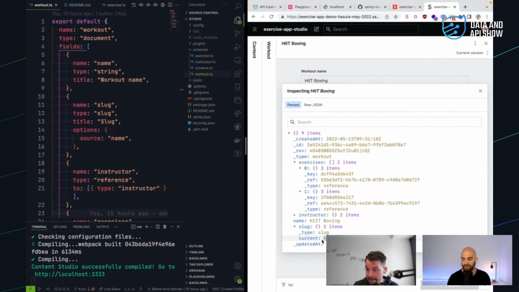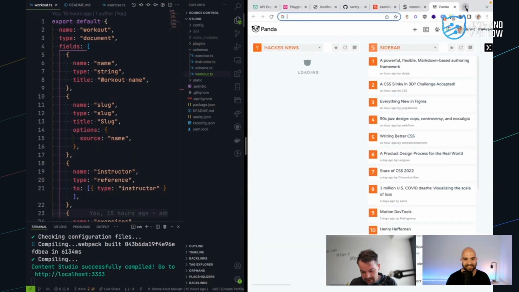I'm guessing when we talk about joining this over to Hasura, with the GraphQL side, it may need to see that as a unique field. Otherwise, the relationship may have a problem. Is it possible to define it as a unique field? Is it possible to tell the GraphQL schema? I'm actually not sure. Let's find out.